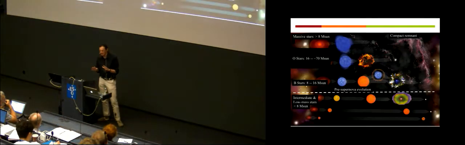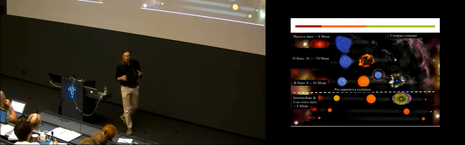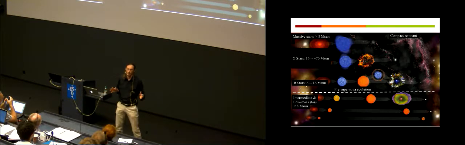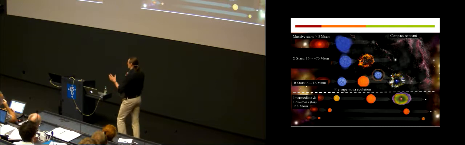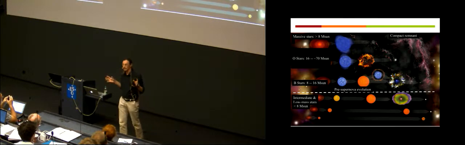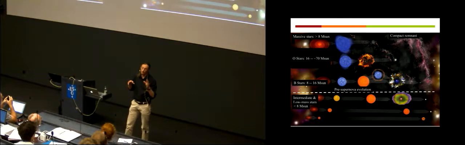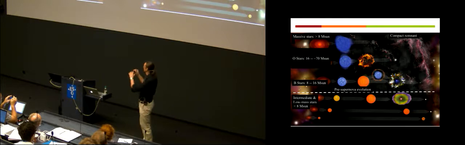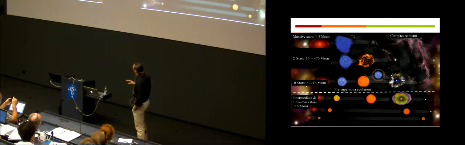All right. So the first thing I want to do is to clarify what I am calling a massive star, because everyone seems to have its own definition of what's massive and what's less massive. So I'm focusing on the stuff that makes supernovae. And that for single star would be around 8 solar mass. If you consider binary interaction and mass gainers, it could be a little bit lower, but I would start with